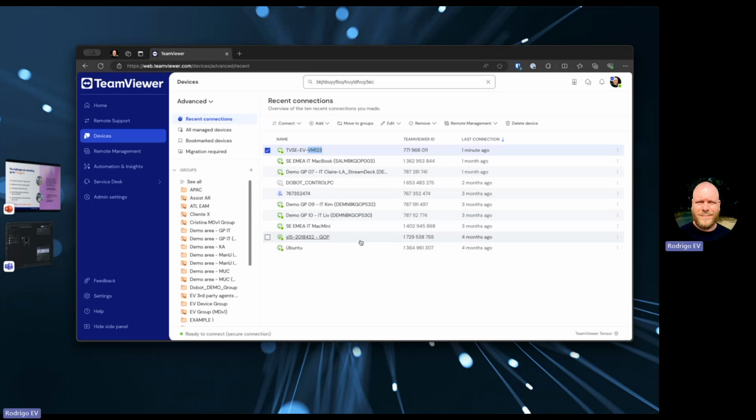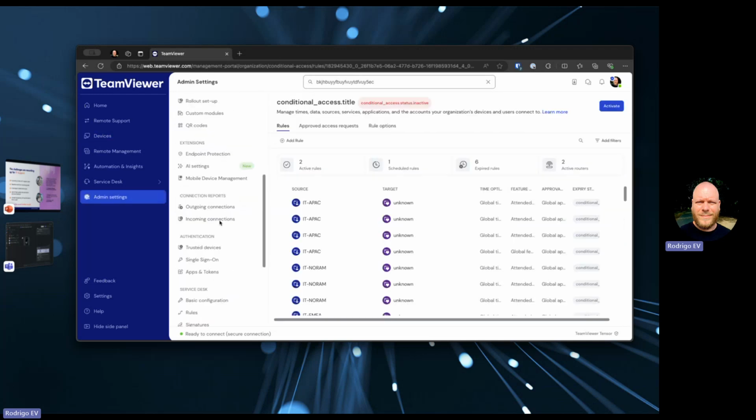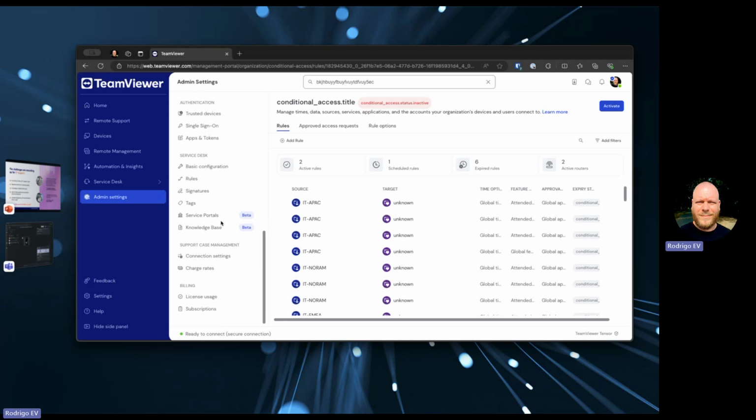So this deeper level of information, this richness of information is often missed because we are overloaded, overwhelmed with a lot of tickets one after the other. But on TeamViewer, we can help with this. So giving an example, when you go to the connection reports